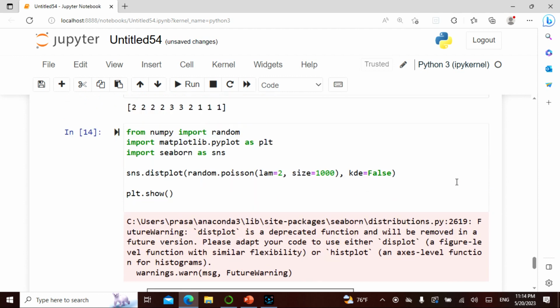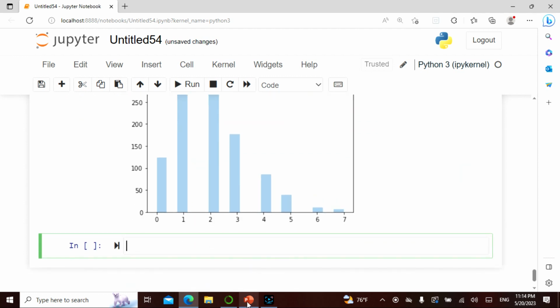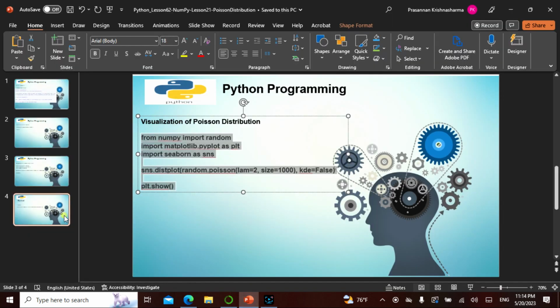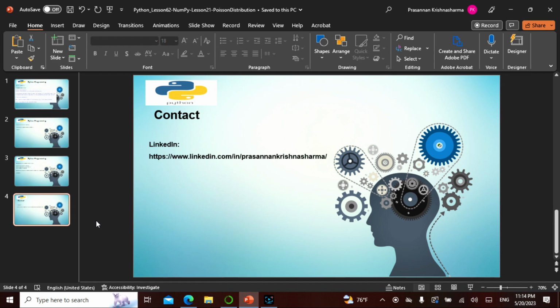Now you know why the Poisson is important and where this is happening. And the Poisson has two parameters. That is all a Poisson is. I trust you have enjoyed this lecture. If you have any questions, kindly contact me. I'll try to explain to the best of my abilities.